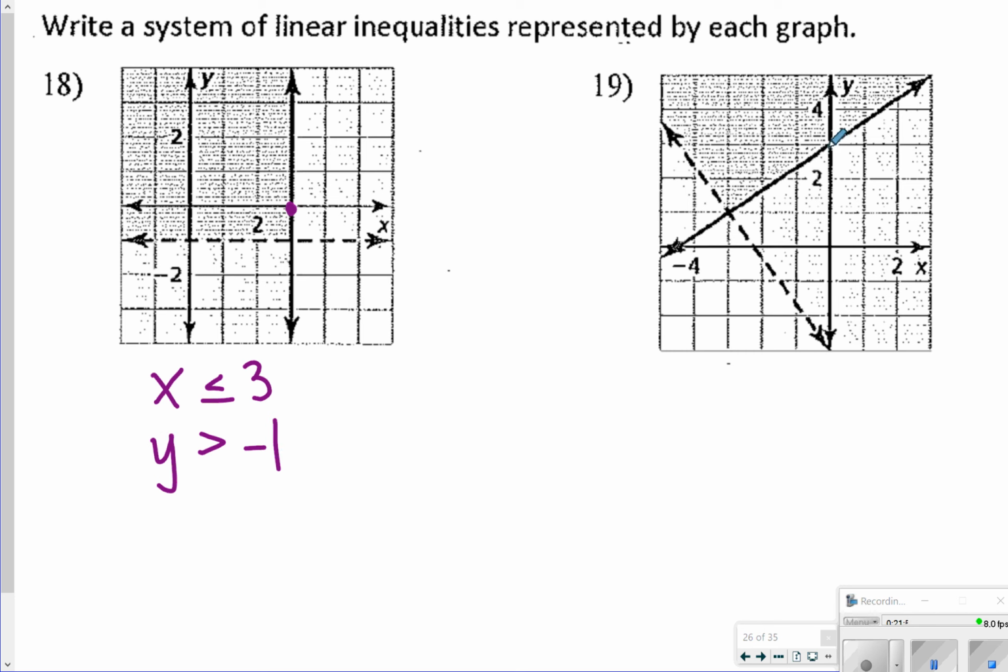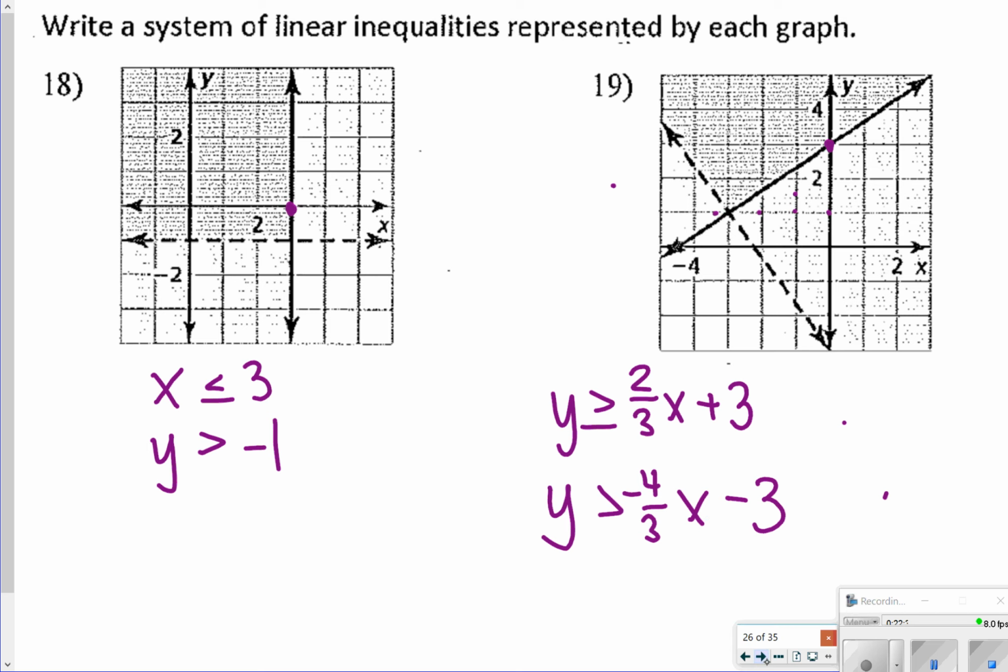For number 19, the solid line is at 3, and it is greater than or equal to. And the rise over run, I'm going to say we go down 1, 2 over 1, 2, 3. So it's a positive 2/3 x. The next one, though, is also a greater than sign, but not greater than or equal to, because it's dotted. And that one is going to be intercepted at the -3 mark. And that rise over run, 1, 2, 3, 4, 1, 2, 3. So it's -4/3